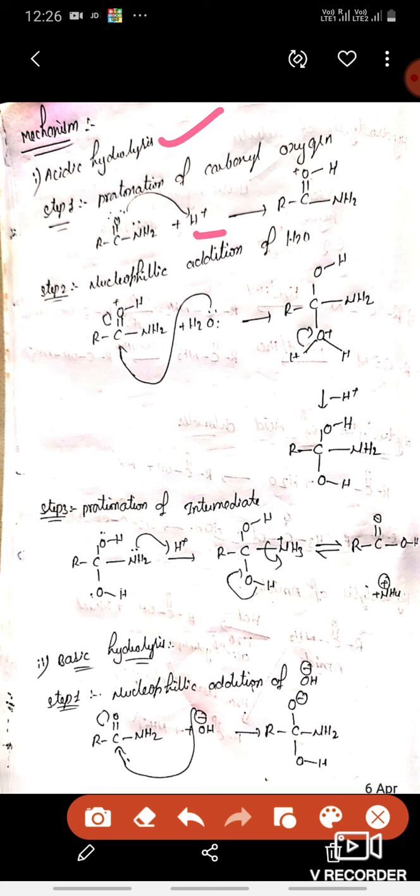So here we have oxygen containing a lone pair, and nitrogen is also containing a lone pair of electrons. Oxygen is going to donate the lone pair of electrons to the H positive. Why is it so? Because by donating the electrons to the H positive, the electrophilicity of the carbon is going to be increased. So now we got the electrophilic carbon.